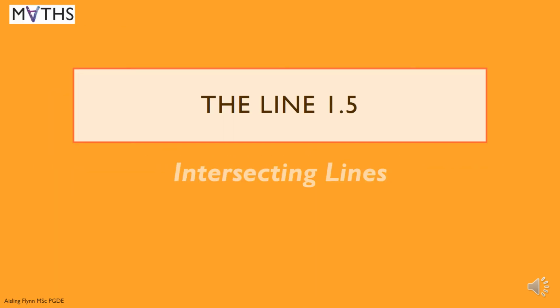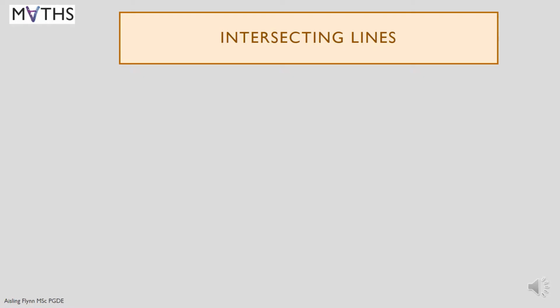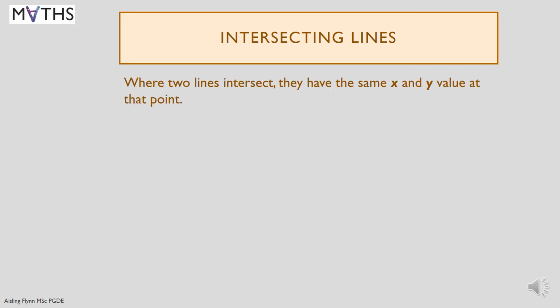This is the line 1.5, intersecting lines. The word intersect means to cross over, like two roads intersect at a junction. Where two lines intersect, they have the same x and y value at that point. I.e., the values of x and y are simultaneous, so they are the same at the same time or place